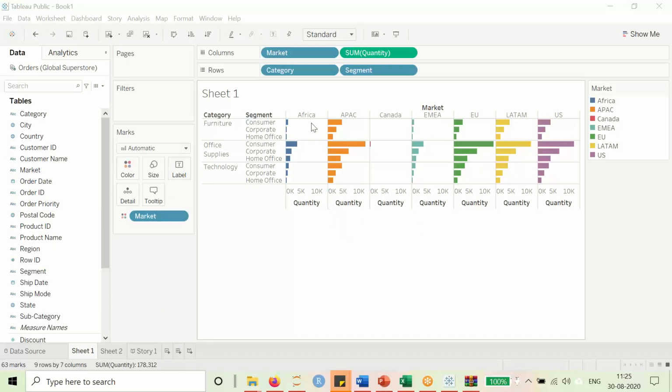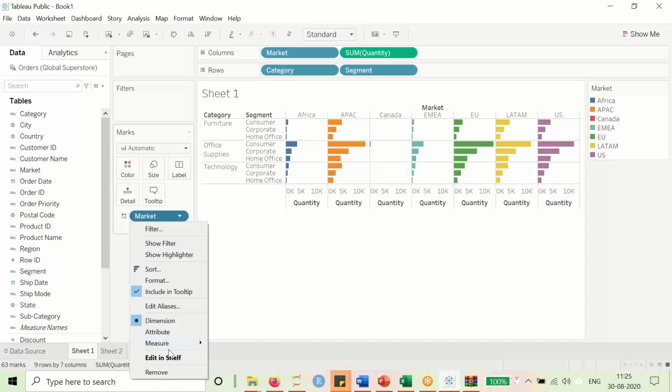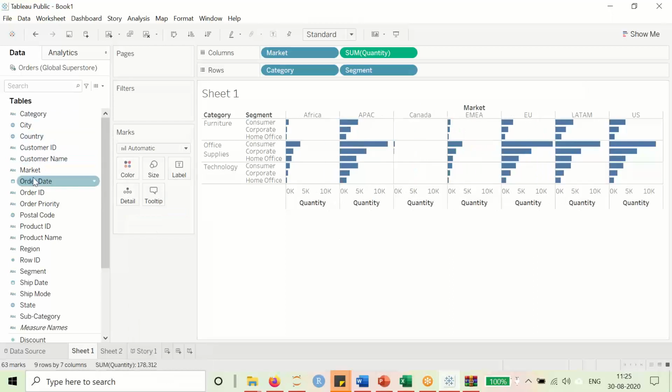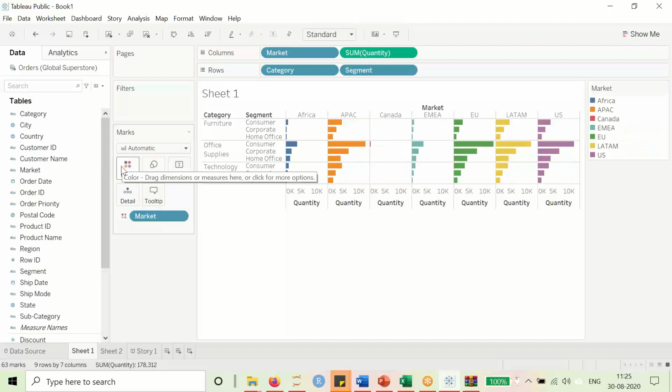So the variable by which you want to create a different color, you can pick that variable and drop here. Let me remove that. All right. So for example, if I want to give market a color, I can drop market here. So you can see